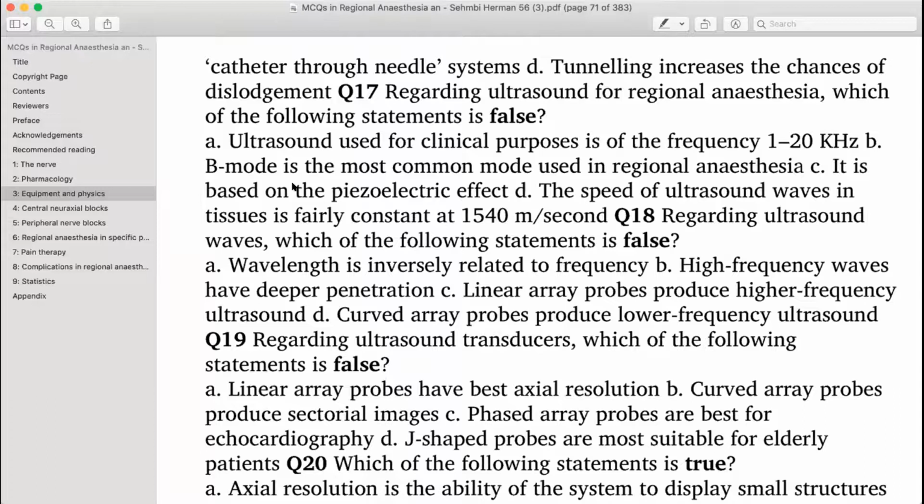That is number one. And 1,540 meter per second is what ultrasound considers as the speed with which the ultrasound wave travels across the tissue. What is the disadvantage of that? That causes many artifacts in the image. Artifacts can be produced because of that, sir, because actually the velocity differs in different tissues. So the image projected will be different than the actual image. Ultrasound considers it the same. What is the clinical outcome of it?